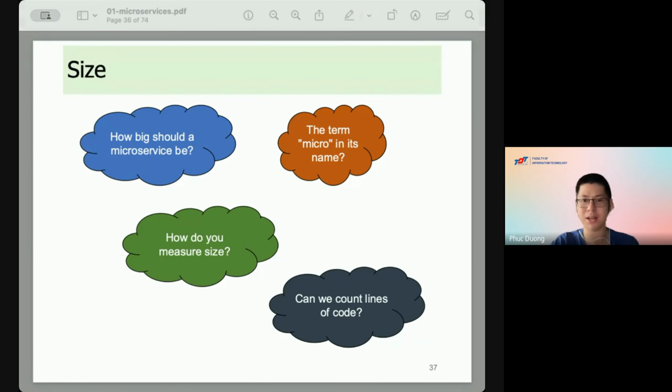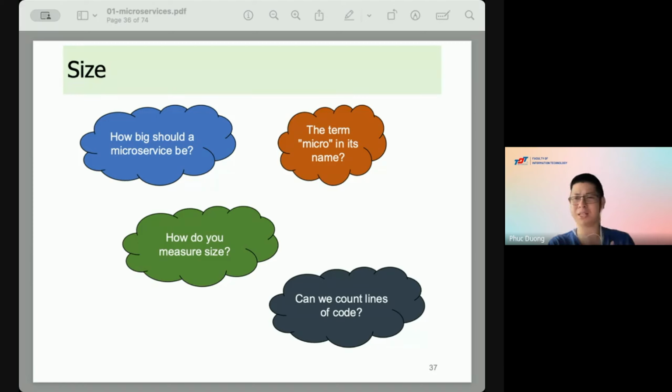The next concept we call size. There are many questions when you analyze, design and implement a microservice system. For example, how big should a microservice be? The term micro in its name, what does it mean?